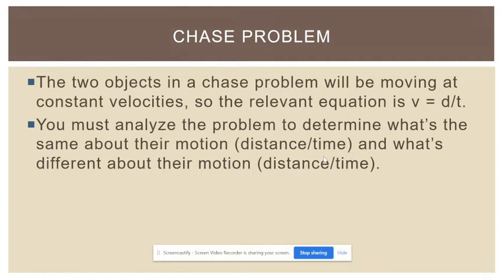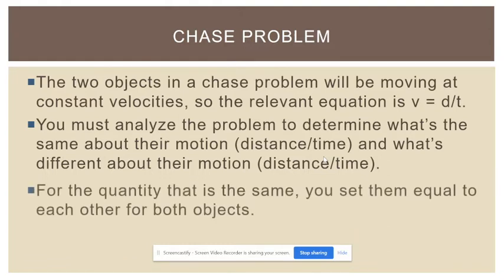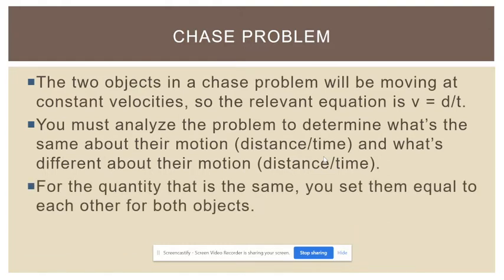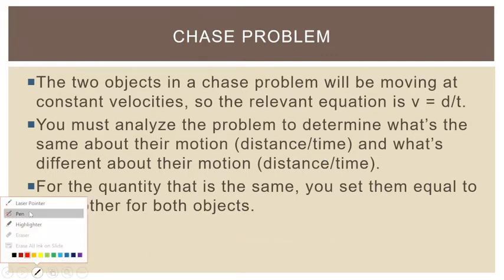But because you have two different objects, you're going to have a v equals d over t equation for each of them. Next point, for the quantity that is the same, you're going to set them equal to each other for both objects. So what do I mean by that? Well, let's just say,